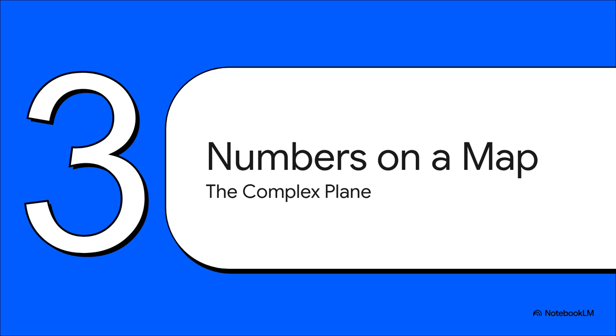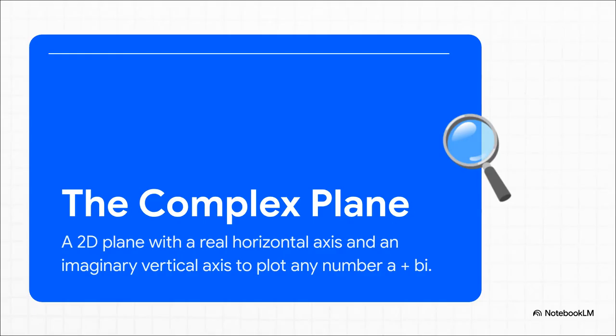Well, it was a shift in thinking. Mathematicians stopped seeing numbers just on a single line and started seeing them on a map. And trust me, this is the key to everything. This map has a name: the complex plane. So instead of just one number line, imagine two. The one going left and right, that's your good old real number line. But now we add a vertical one, the imaginary axis. And what this means is that any complex number can be plotted as a single point, like a coordinate on a map. All of a sudden, they weren't just abstract ideas anymore, they were actual locations.